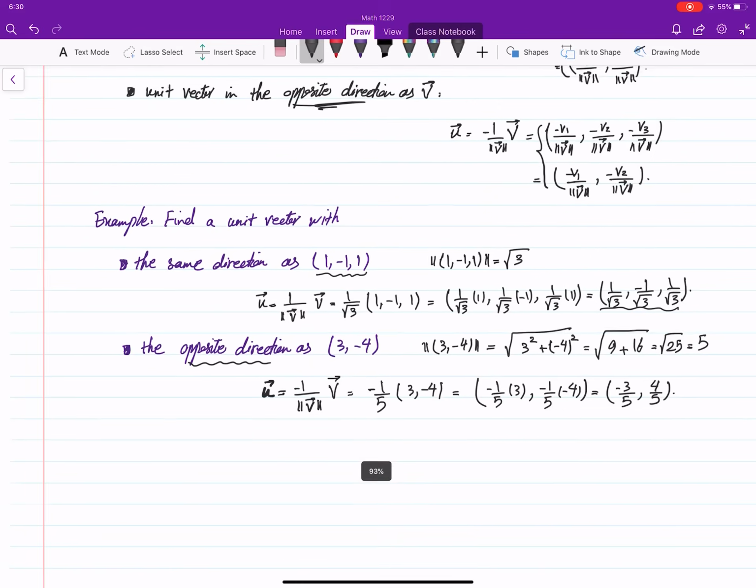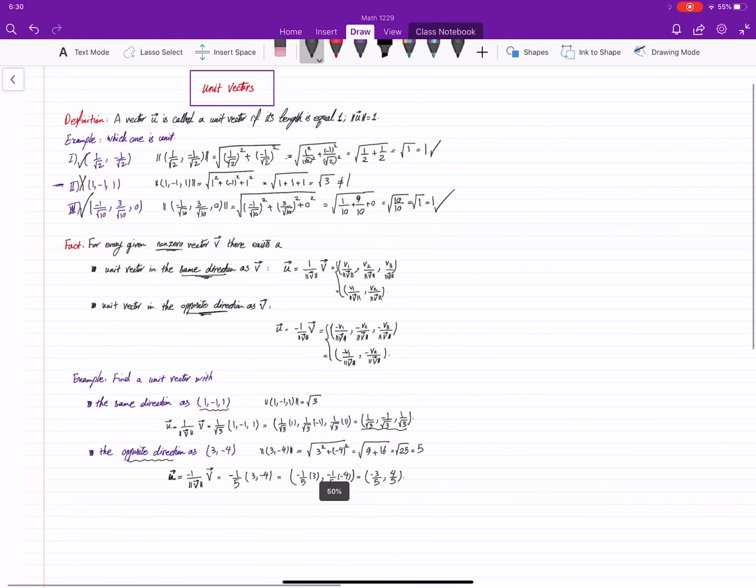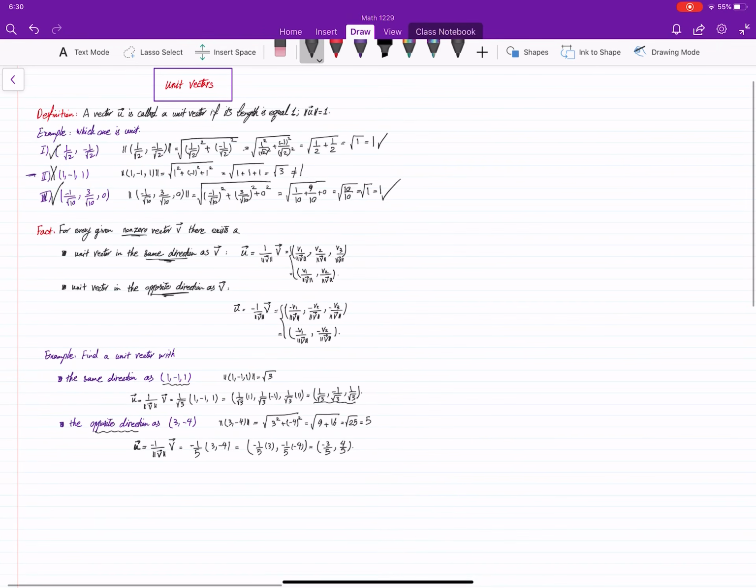Okay, so in this video what we learned was that, first of all, when we call a vector a unit vector, and then we learned that for every non-zero vector you give me, we can find a unit vector which has the same